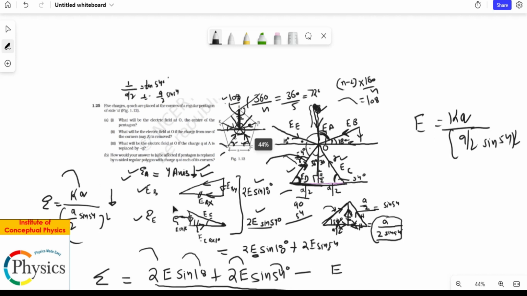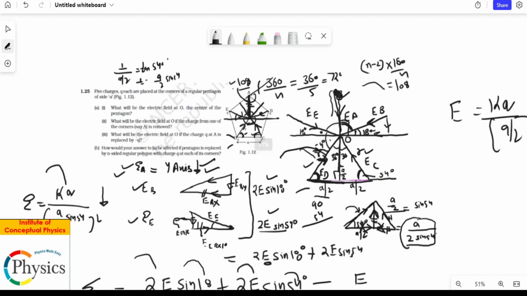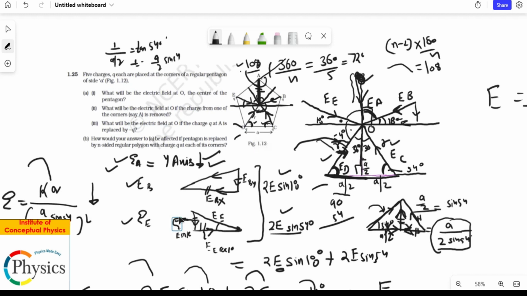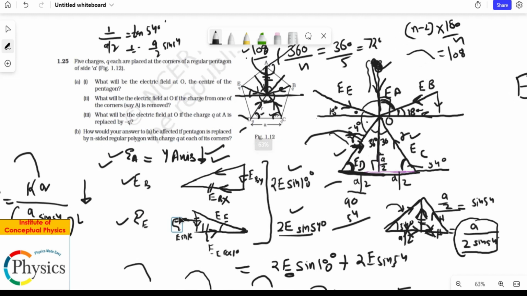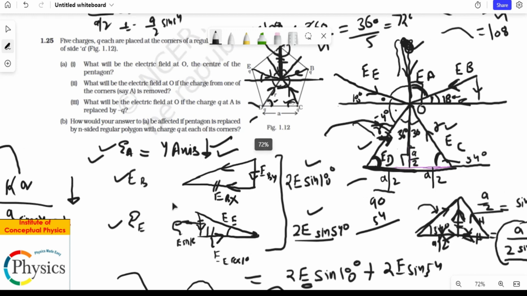I think what made this bit complicated is the figure. If you try to do this question on your own, you will realize that drawing the figure and then working on the angles is probably more difficult than calculating the electric field. So give it a shot, do it with your own hands, because seeing is believing, yes, but when you start writing it on your own, you start drawing the figure and marking the angles, you will see the degree of difficulty, and it will give you confidence if you do it on your own.